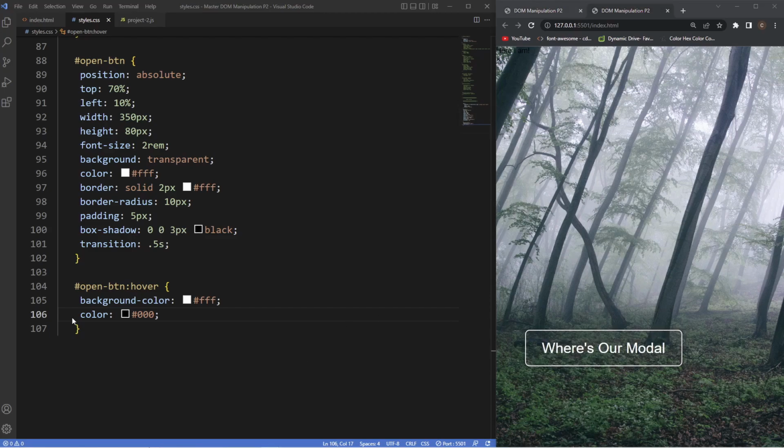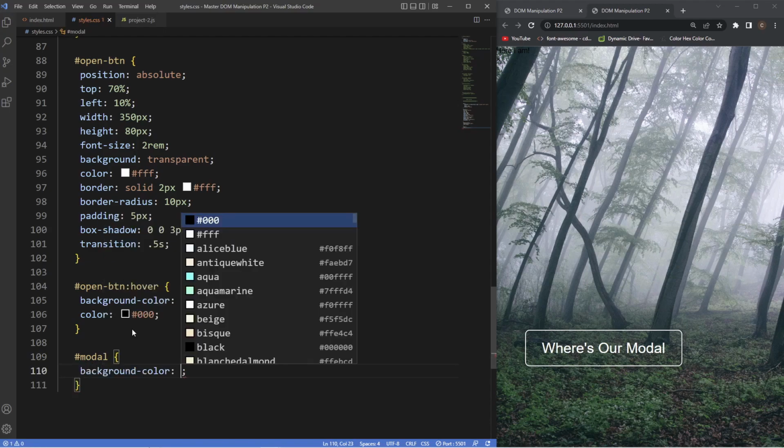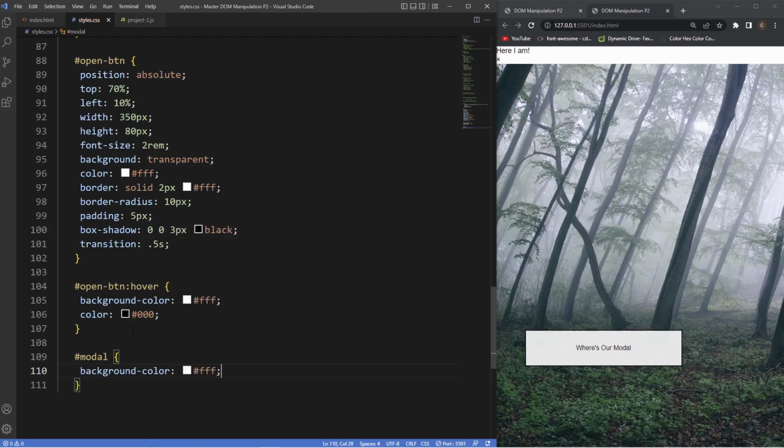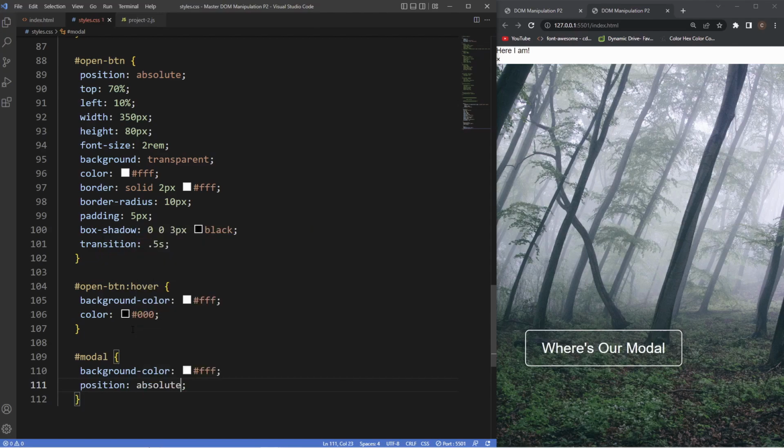That looks pretty good. Now the next thing I want to do is style our modal here, which is going to be that box that shows up when we click on this button here. So as the class of modal, and then we'll change the background color of this to be white. We'll set the position of this to be absolute, and we'll say,